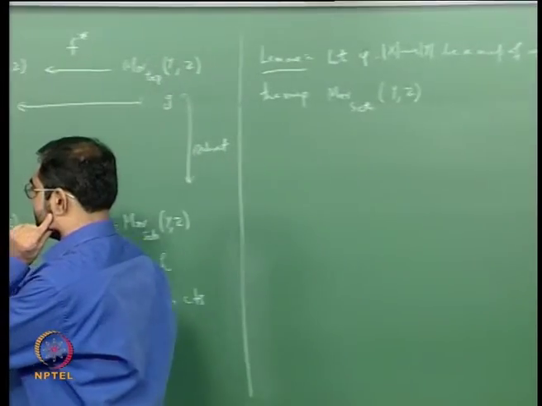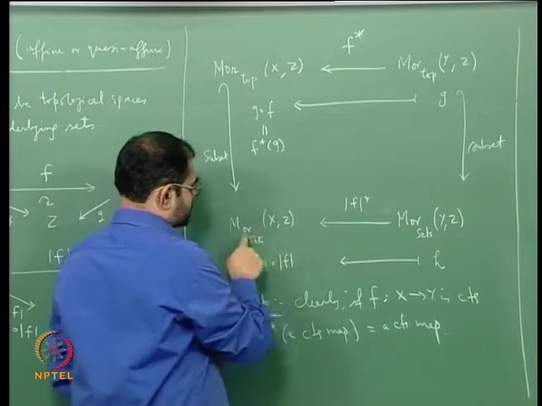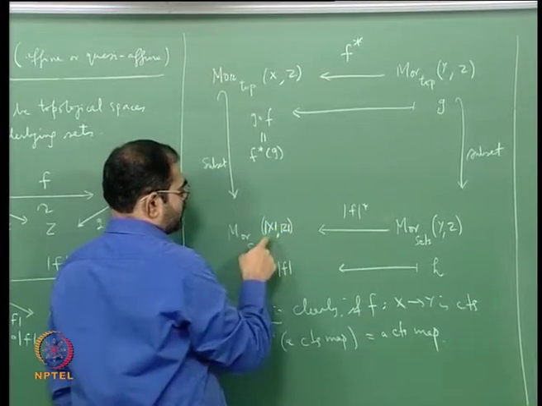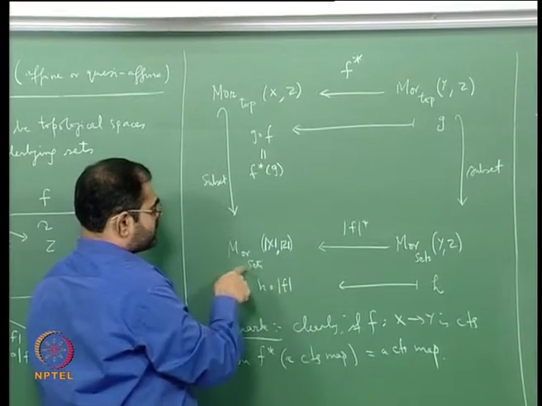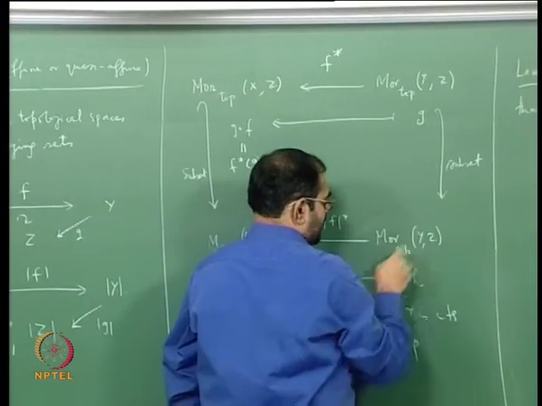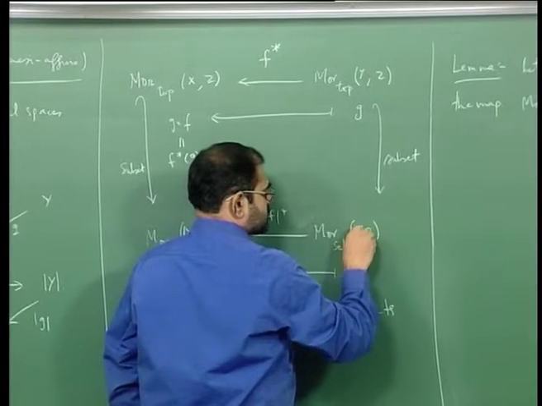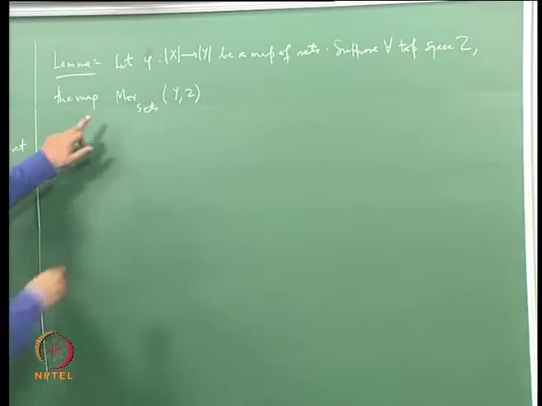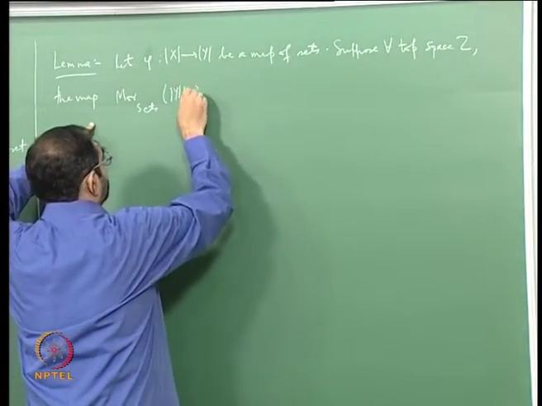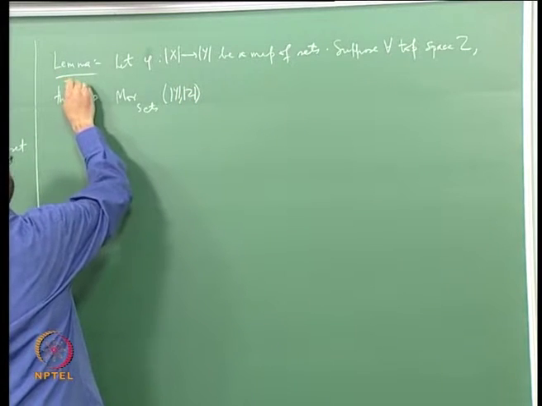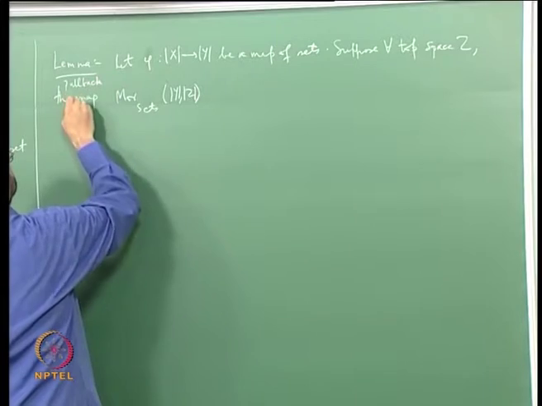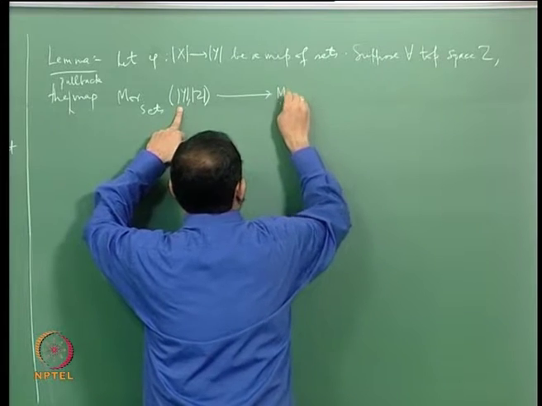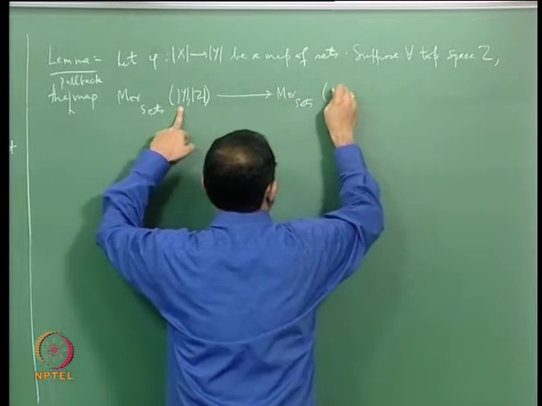When I say morphism as sets, I should probably put parallel bars to tell you that I am just looking at morphisms of sets. Even if I don't put them, I am taking morphisms in the category of sets, so I am only worried about the underlying sets. This is the pullback map from the morphisms of sets from Y to Z to the morphisms of sets from X to Z,